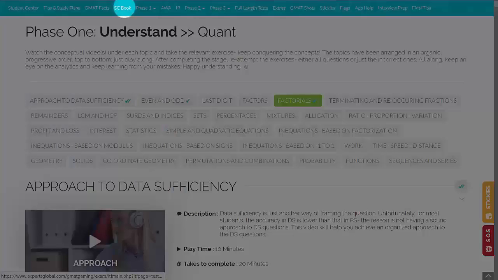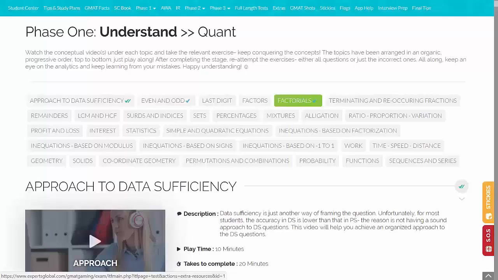Another very important thing. While we have a separate conceptual book for sentence correction, for other topics, the Phase 1 material is generally sufficient. 9 out of 10 students do not require any additional basic material. However, if you think that you are that 10th student who needs additional help for other topics, please send us an email at guidance@expertsglobal.com, and we will send you the basic material for other topics as well. For example, recently a student requested an additional basic book for critical reasoning, and we emailed him a conceptual book. However, as I said, 90% of the students do not require additional material.